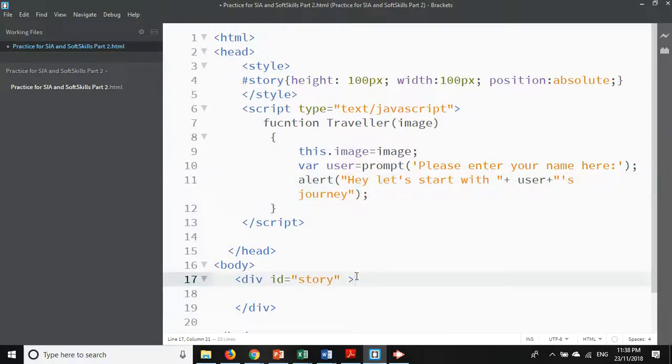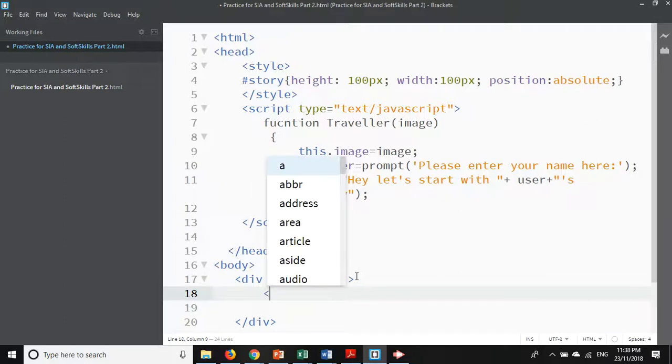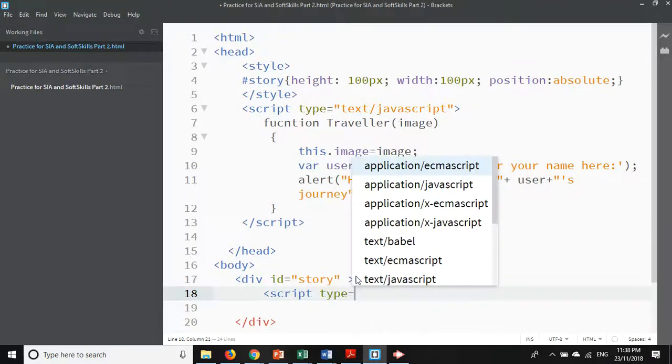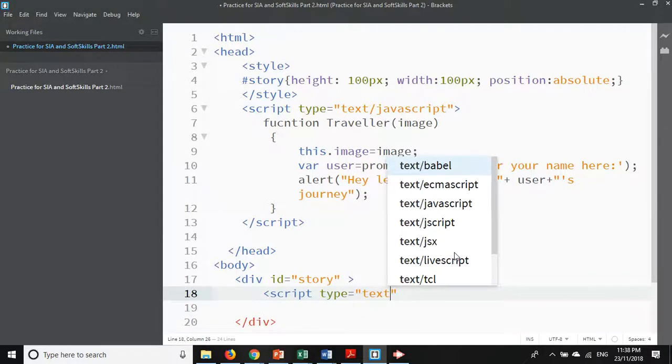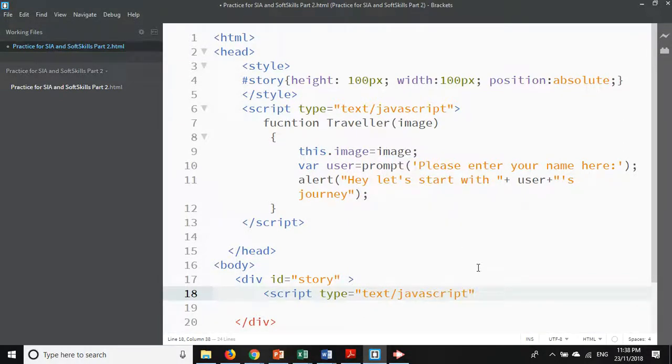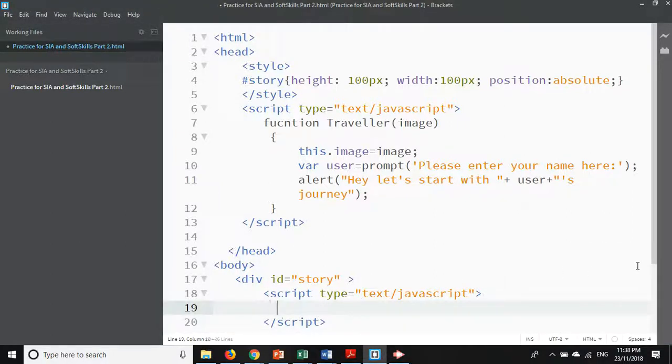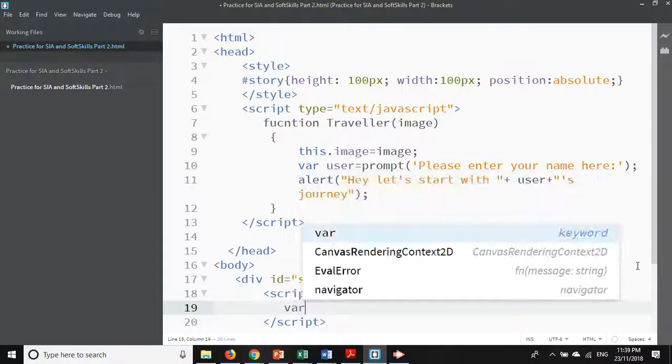So this time we will go to the div tag. We're going to create another script. Type is equal to quotation mark text/JavaScript, then close. What we're going to have here is an object instance, a creation of a new object instance. So we're going to declare var